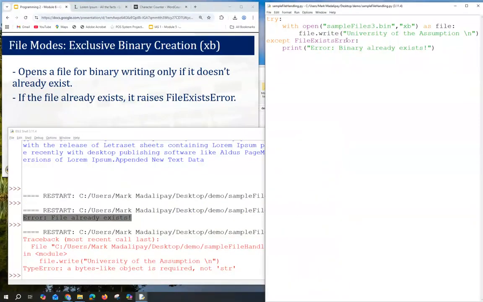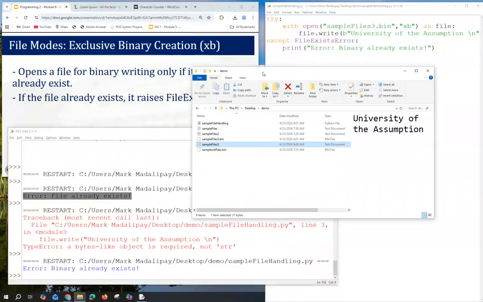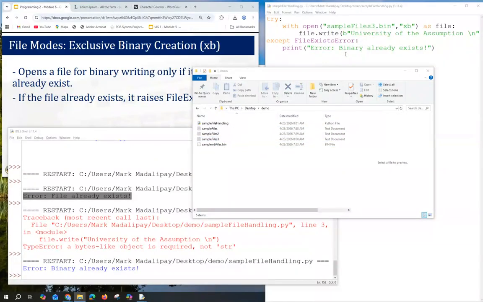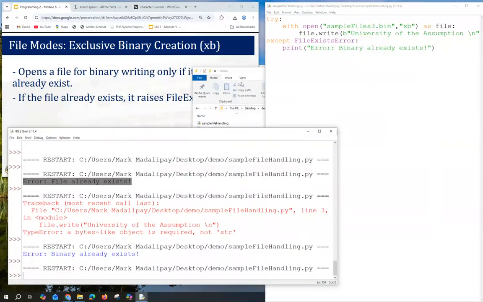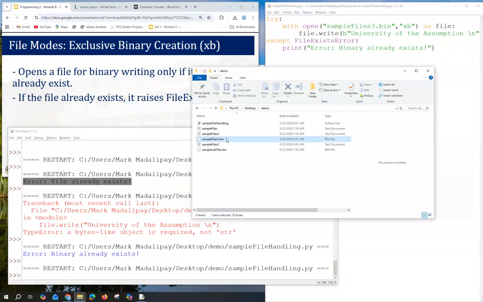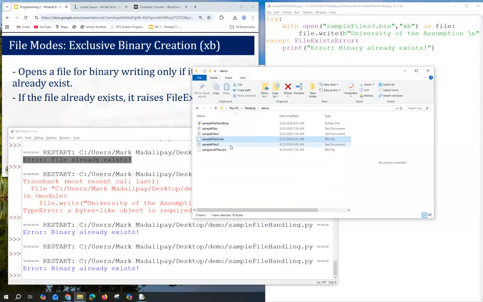Again, forget our B. Save, F5. Wait, let me just remove. Okay, save, F5. So we have created our sample files 3. Now if we will create it again, F5, it will result now in a binary already exists because it's already created earlier.